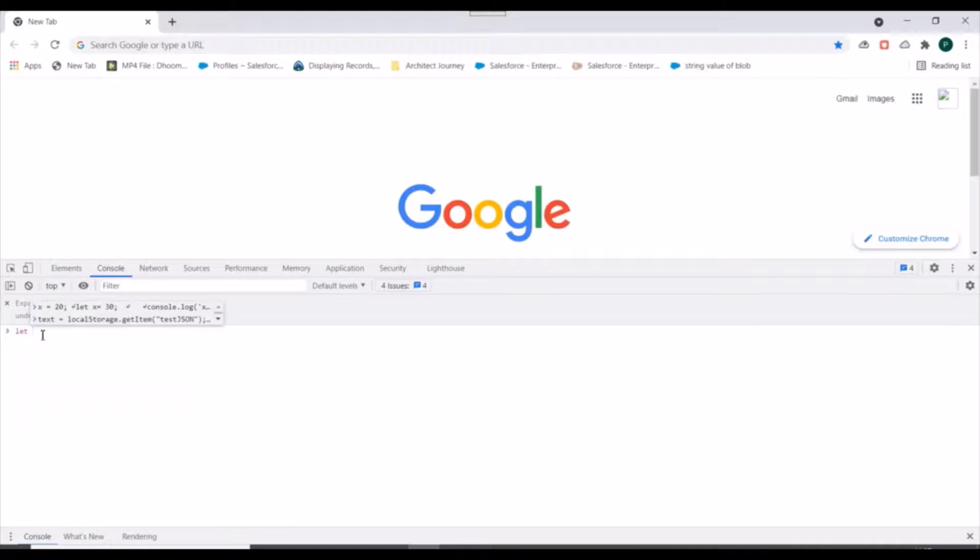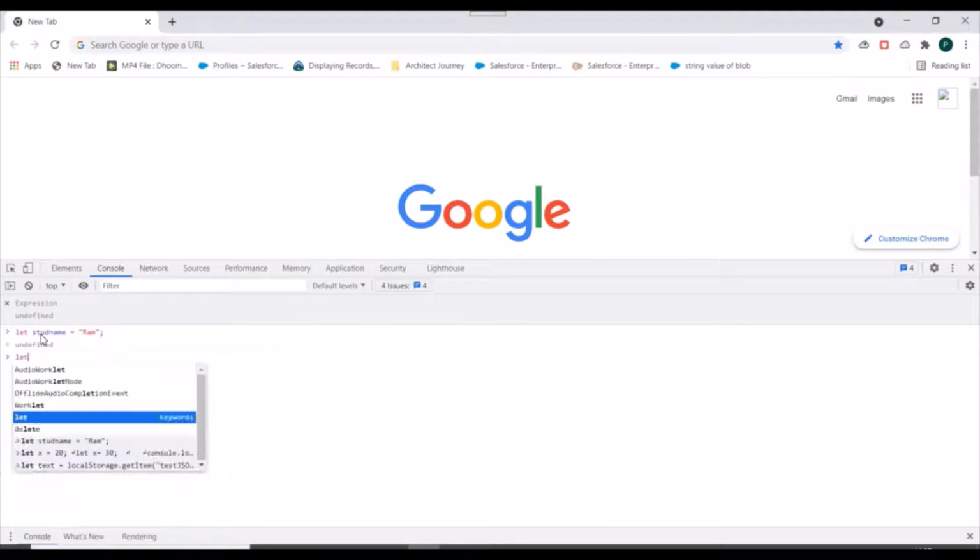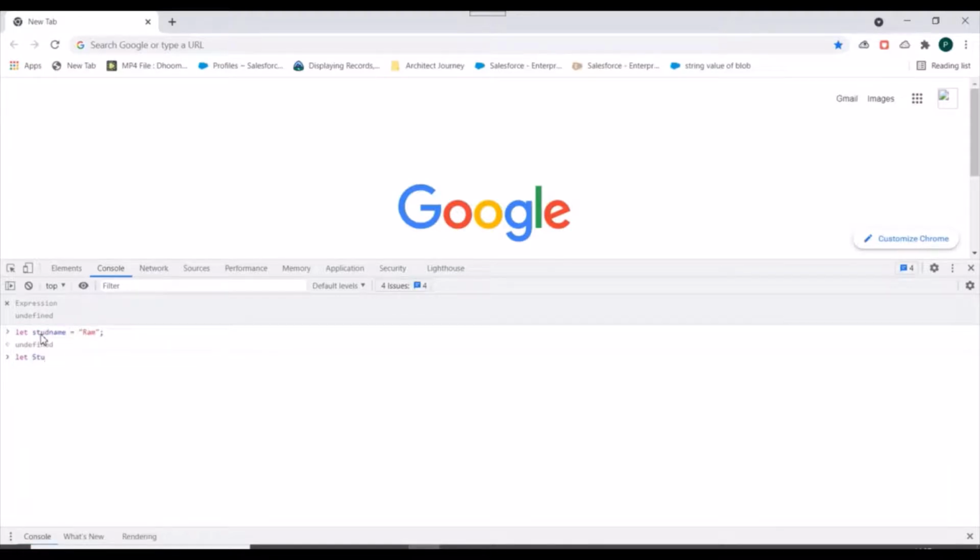So we'll use let studName equals to Ram. This will be a string. Let studName1 equals to Sham, but instead of double quotes we will use single quotes here.